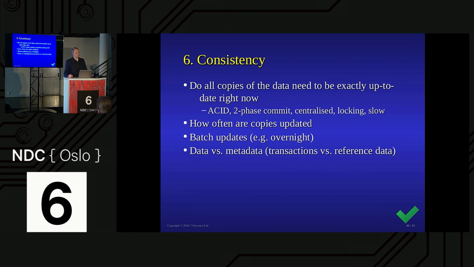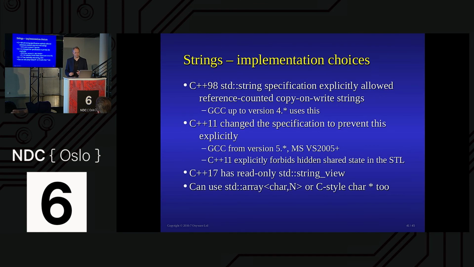You need to understand that one, because if it's ACID and it's transactional, you're probably going to have it centralized, and you have locking, two-phase commits, all those kind of things. You won't be able to speed that up anywhere near as much as you'd be able to speed up the BASE kind of stuff with copies and other things. So understanding that is very different. And again, it may be data versus metadata. Your transactional data may well end up being ACID, whereas your reference data is not. So that's an idea of that middle section there.